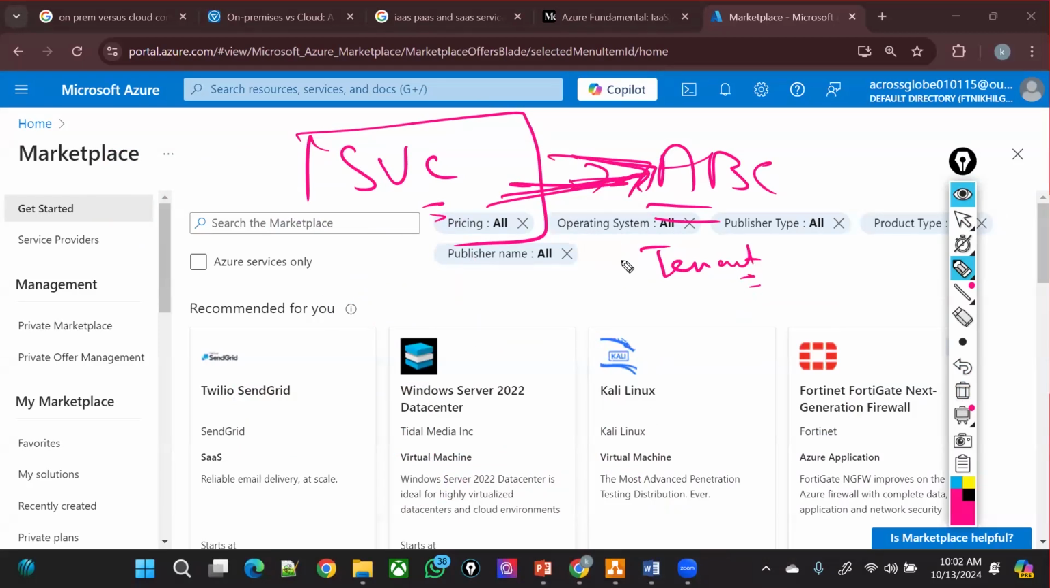I get a tenant or Active Directory kind of thing, which you have on-prem, from Azure, right? So within that tenant, Azure,